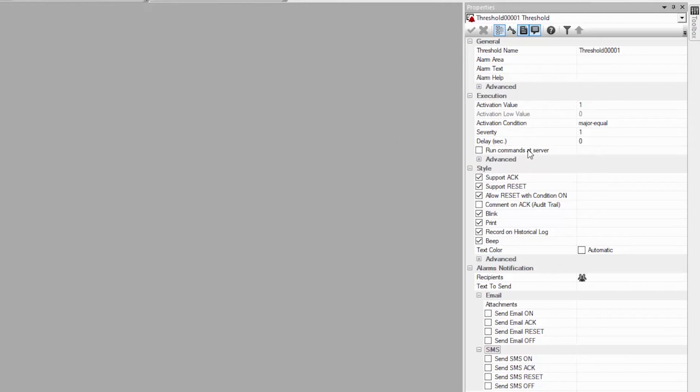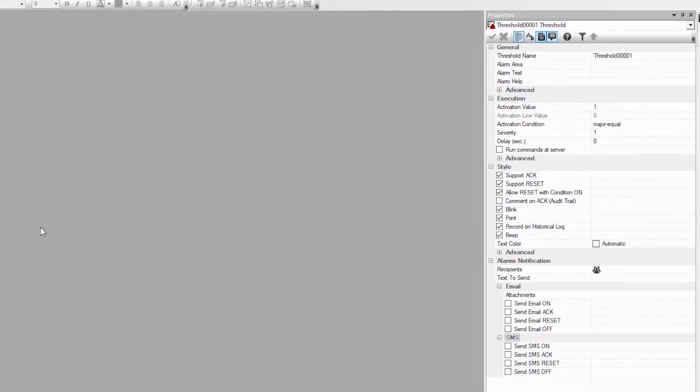As you can see, there's quite a few properties here. So this will really allow you to customize how you want to respond to an alarm, and it will also allow you to send alarm notifications. So if you want to react to a fault quickly, or you want maybe a maintenance technician to be alerted if there are any problems with your machine, then you can set up notifications such as emails or SMS messages, and all of these notifications will be sent to any of the recipients that you configure,